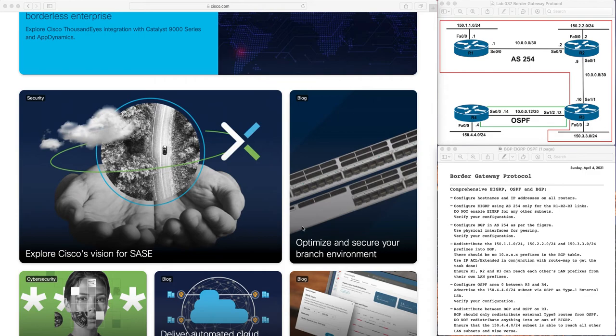How you doing? Today we're going to be exploring some Border Gateway Protocol, BGP, as a comprehensive EIGRP, OSPF, and BGP lab. We're going to be redistributing these three routing protocols and see how it can work in a network topology. So this is the topology over here we're going to be working with,